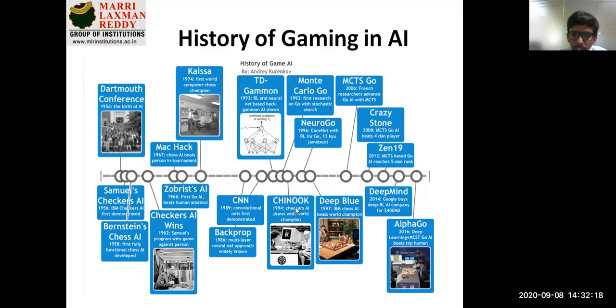Again, in 1994, Chinook, a checkers AI, drew with the world champion. Everybody takes the example of the chess game because in chess there are n number of pieces and a lot of moves applied with respect to the boxes available. Initially IBM tried to focus there and had success. Now in 2014, DeepMind, a deep learning AI company, was bought by Google for $400 million. This is how every industry is trying to focus on gaming, and there are a lot of improvements.